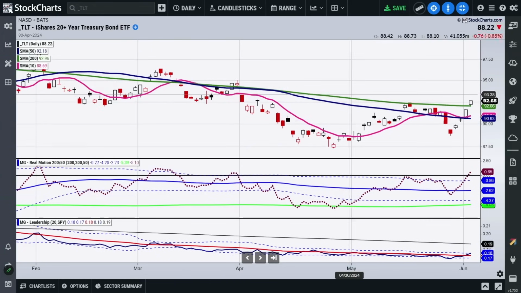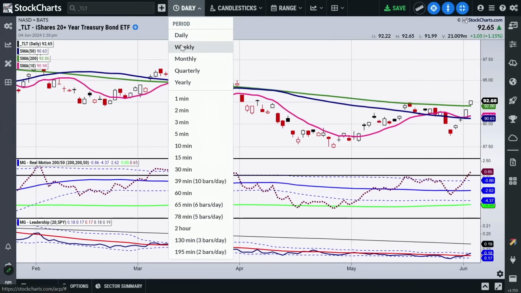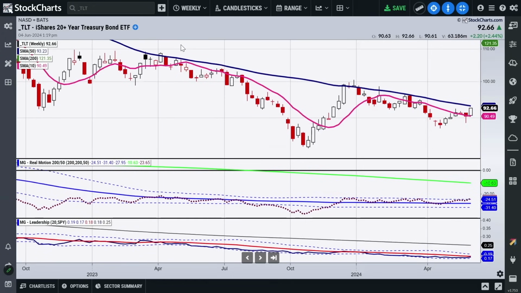But this is the kind of situation where, and I'm going to show you this real quickly, if we take a look at the weekly chart here, I think the weekly chart is incredibly interesting, because notice this 50-week moving average. We have not had 2 weeks in a row of a close above the 50. Even here, it closed above and then right on it, above and then below it. And here we are now approaching.